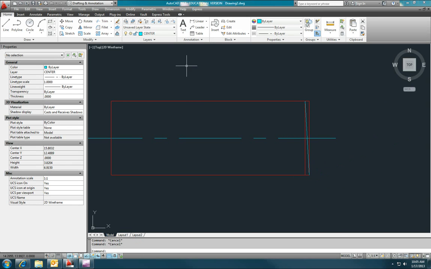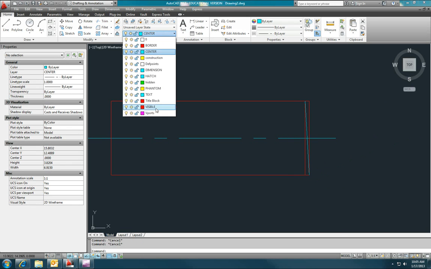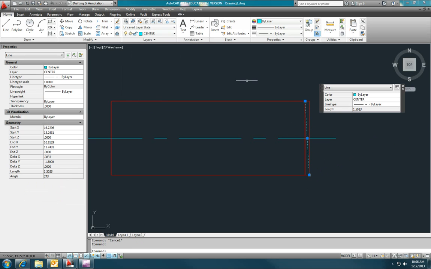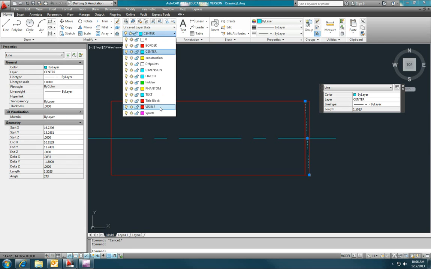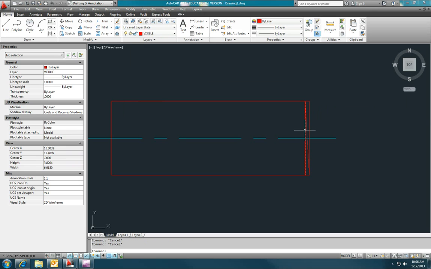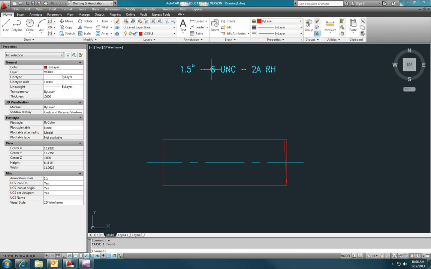All right. Let me put myself on the current layer. Make my current layer the visible layer. Okay. Now I want to erase that vertical line there. The next thing I want to do is actually copy this line to the left by the pitch. Okay. Again, the pitch in this case is 1/6. So I want to copy